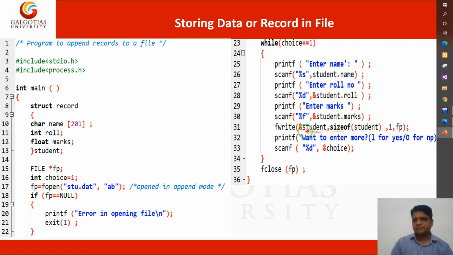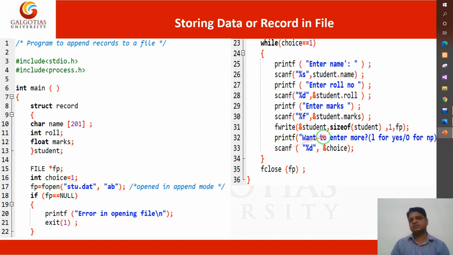That means in place of this 207 we will understand &student. What is the meaning of &student? &student is the address of the structure variable. With the use of this structure variable, we will understand the record for these variables. And 1, and then fp. What is the meaning of fp? fp is the file pointer, and the file pointer will point to stu.dat.